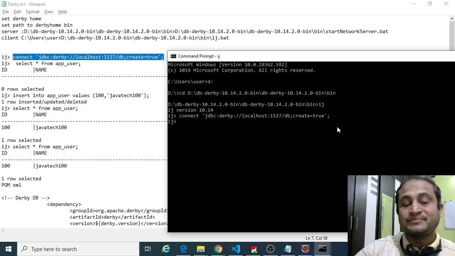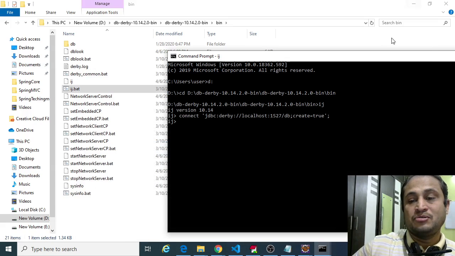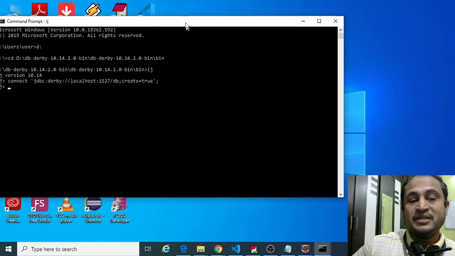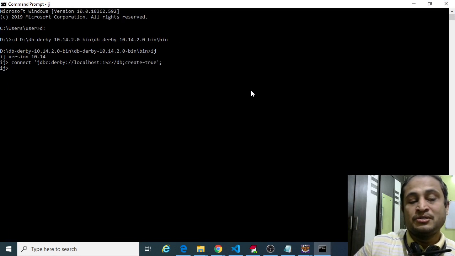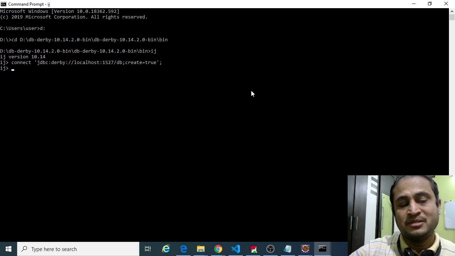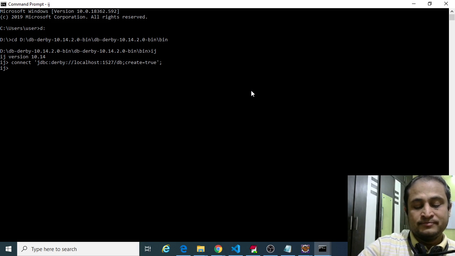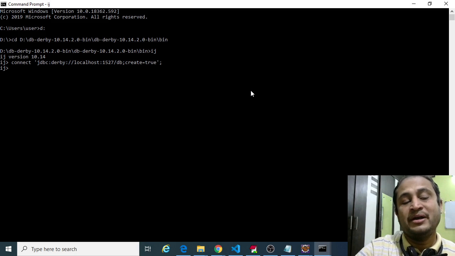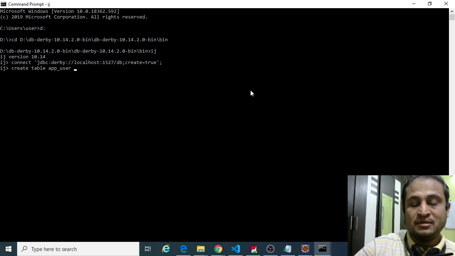To test this out, we can run some database commands. To test our application, we need to create a table, right? It is similar to the login application. We will create one table called app user, and we will insert one record. I think you remember the create table script, right? Let me create a table. Create table, some table name, app underscore user. I'm choosing app user.